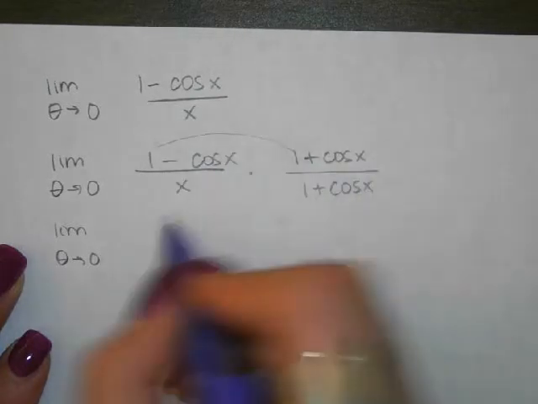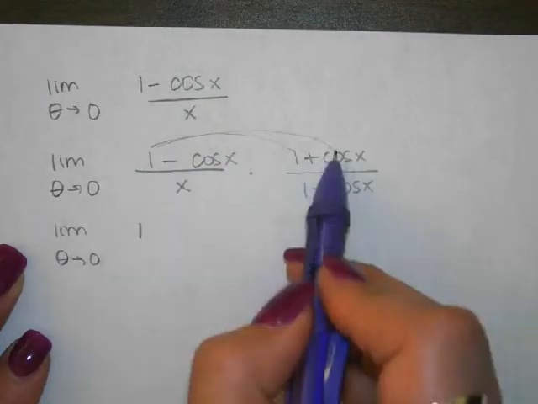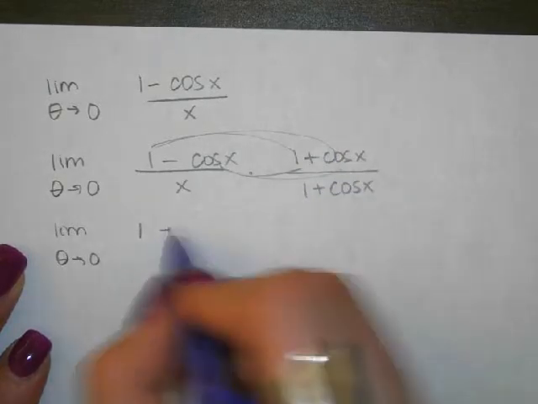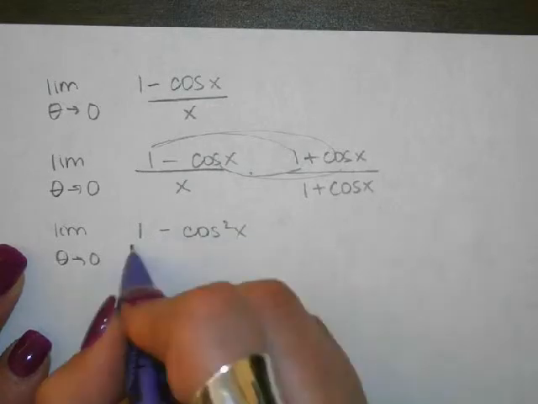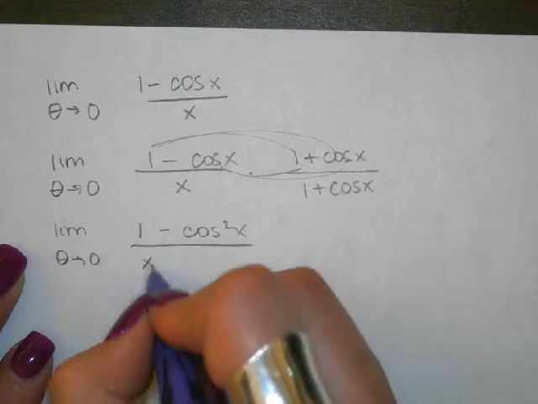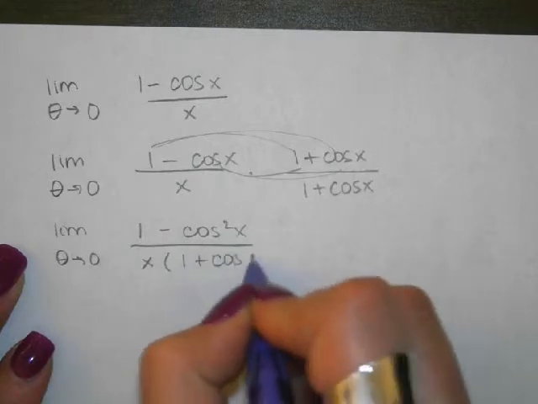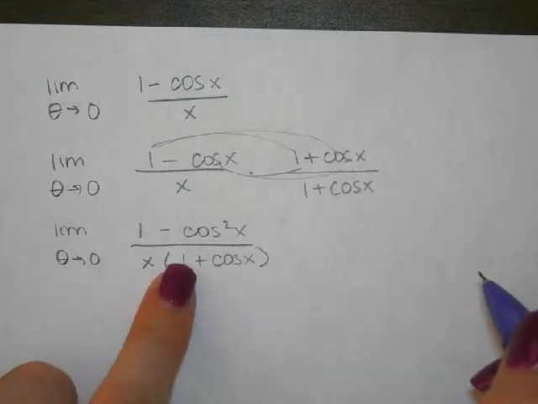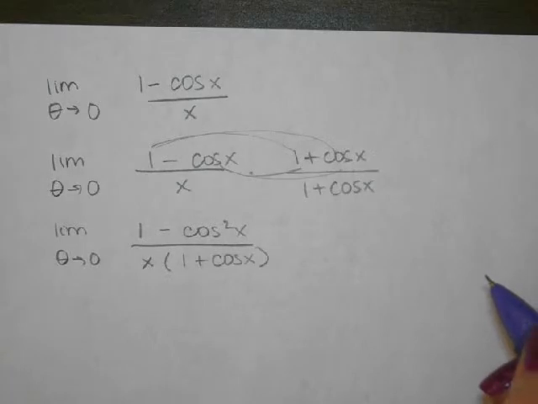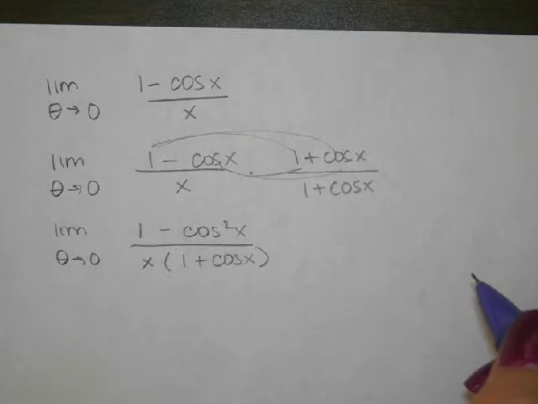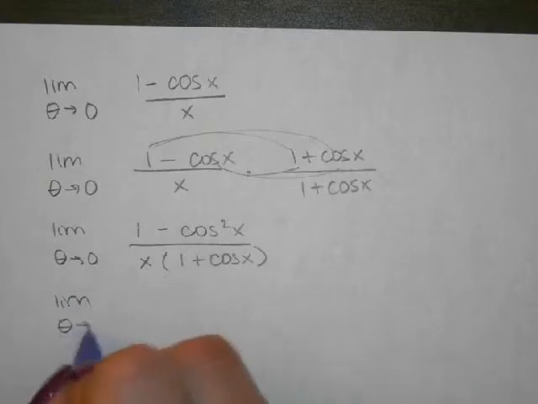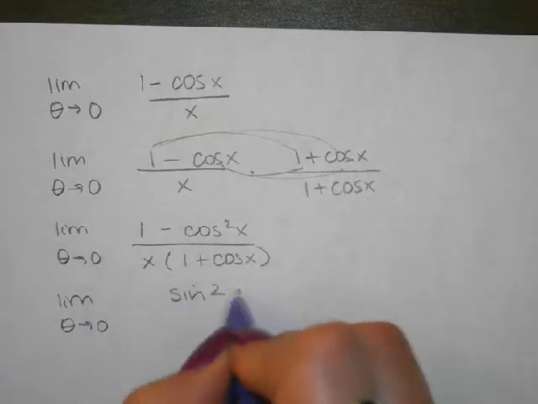1 times 1 is 1, and then we got plus cos x and minus cos x, and those cancel. And then minus cos squared, okay. And then on the bottom we have x times 1 plus cos x. I did not distribute the x for a reason, you'll see in a little bit. What is 1 minus cos squared? Sine squared. Okay, so the limit as theta goes to 0 of sine squared